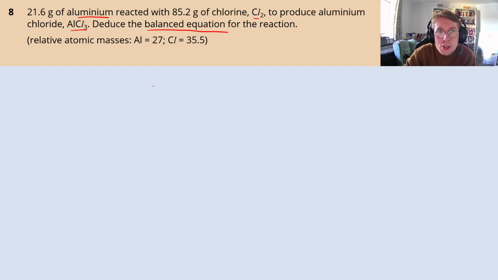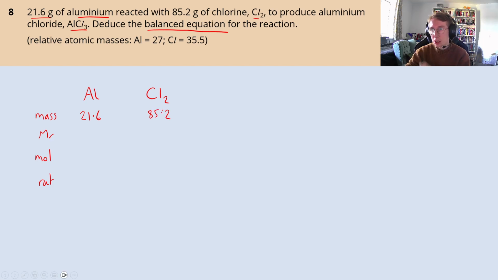Now, for this question, once again, we need to use our old trusty friend. That question, what's the mass of Mr. Mole Rat? And it will make sense as to why in a minute, because we're going to be using it slightly differently here, because we've got aluminium and we've got chlorine gas, Cl2. And we know the masses of both of these substances. We've got 21.6 grams of aluminium and we've got 85.2 grams of chlorine. And we know we're making